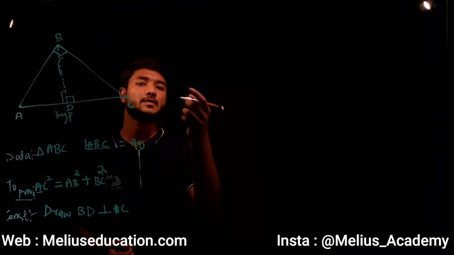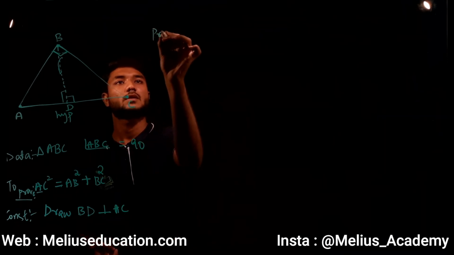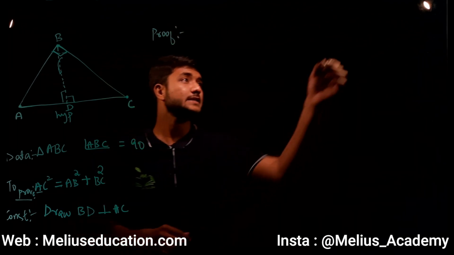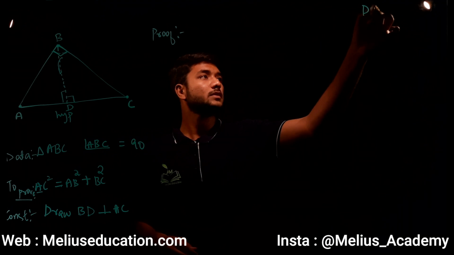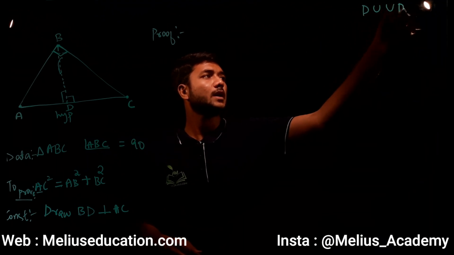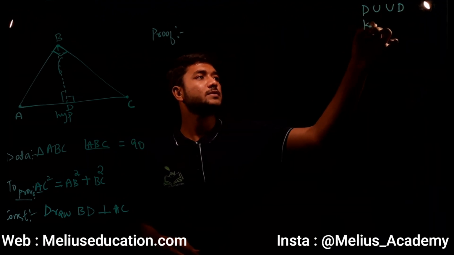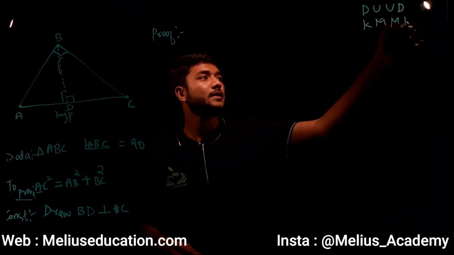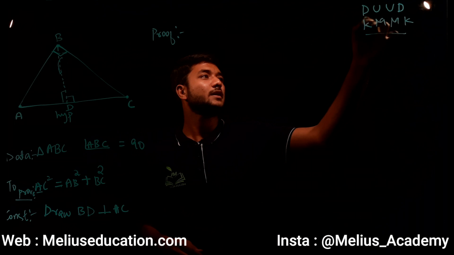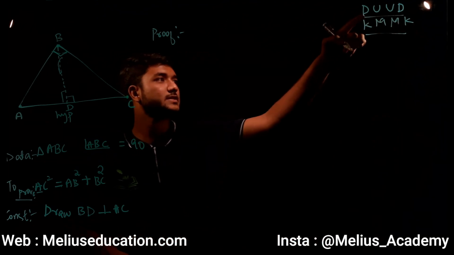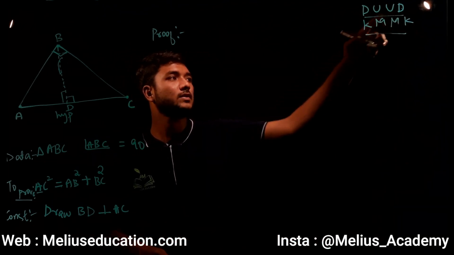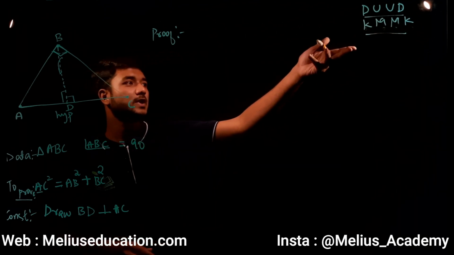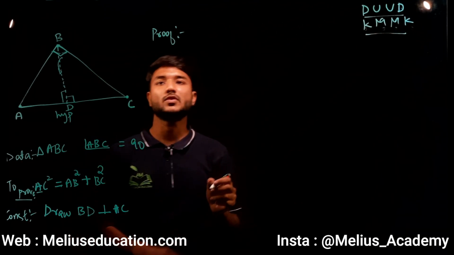We will move on to the most important part, that is proof. So before moving on to proof, let us learn a simple trick. Always remember down, up, down. Or else you can use Kelgade, Melgade, Kelgade. This is for Kannada and this is for English. Okay, so that is down, up, down. Even you can call it as Niche, Upar and Upar, Niche. So let us move on to proof.